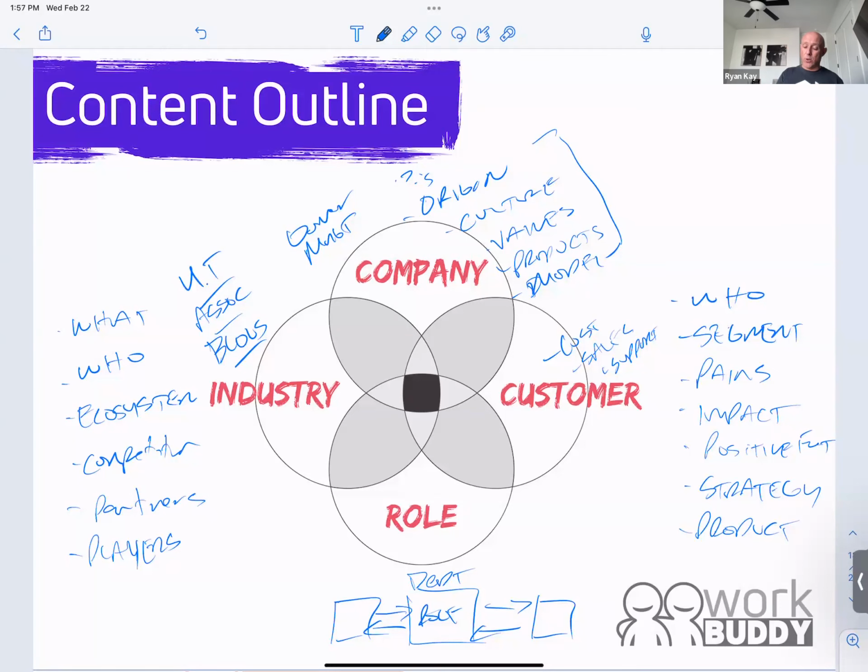And then finally the role, we're going to talk to three or four different people. We're going to talk to the manager, interview them. We're going to talk to the current employees doing the job. We're going to talk to the best people and the newest. So these would be people after 90 days, right? Those are the type of people that we're interviewing and asking them questions about, what does it take to do